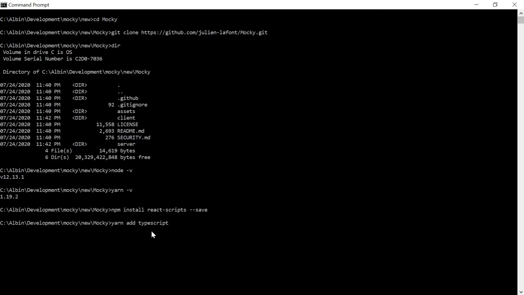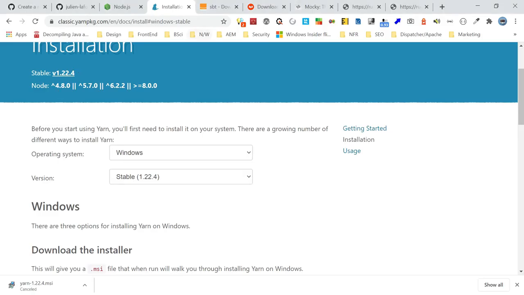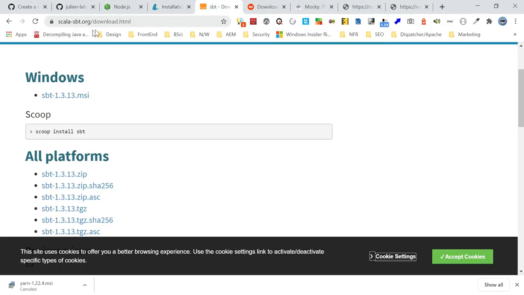Another one is, as we discussed, the backend or the server is built on Scala. To run those applications we should install Scala SBT. Scala SBT can be downloaded from here. You can go to this Scala SBT page, then download based on your operating system. In my case, obviously Windows, then SBT. I downloaded and installed the latest version.